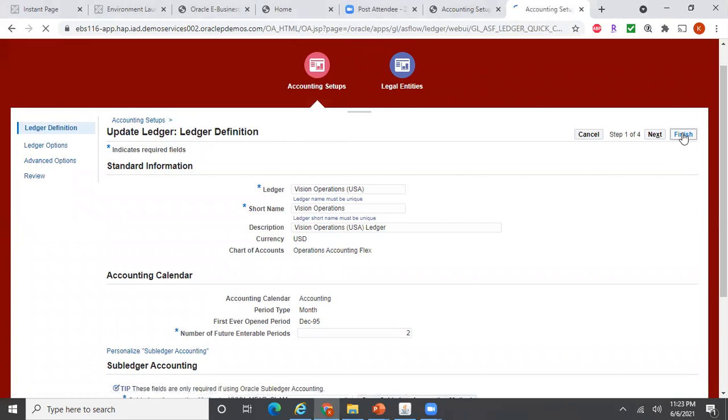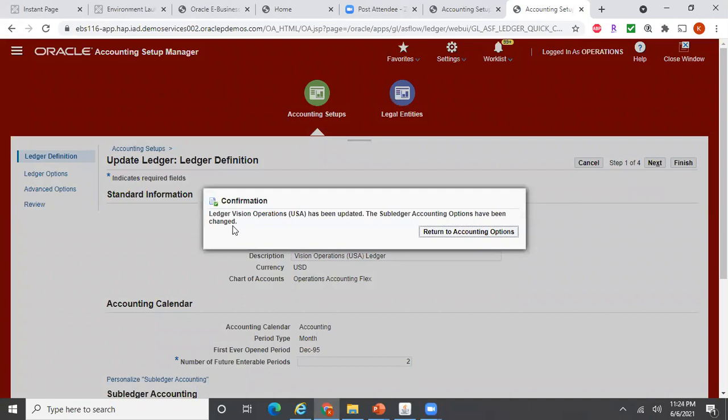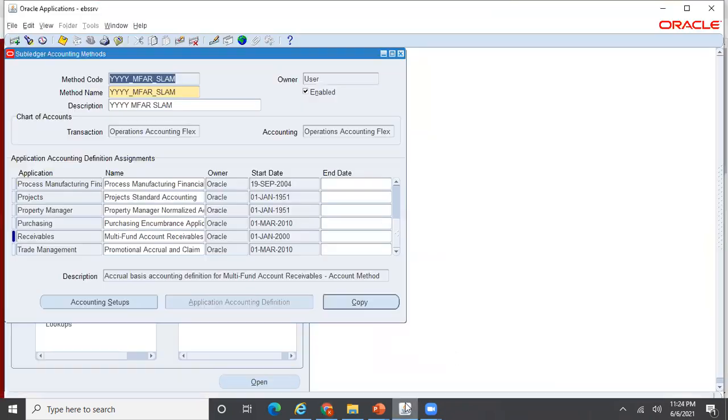Finish. Okay. The ledger vision operations has been updated. Okay. Now let us get into